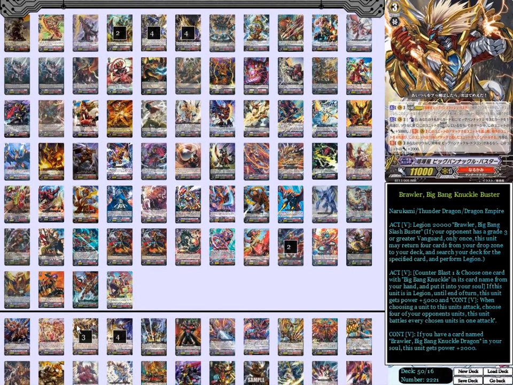And again, it just goes on to explain what Legion is and how you perform it and whatnot. So, activate on the Vanguard Circle, kind of last one, and choose one card with Big Bang Knuckle in its card name from your hand and put it into your soul. If this unit is in Legion, until end of turn, this unit gains plus 5,000 power and continuous on the Vanguard Circle. When choosing a unit